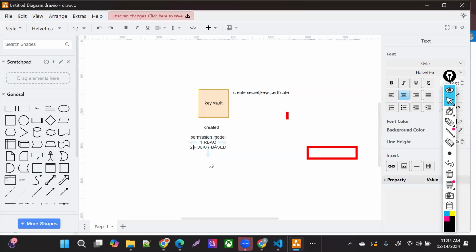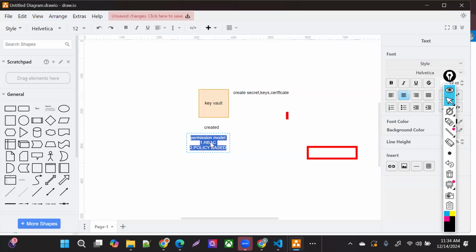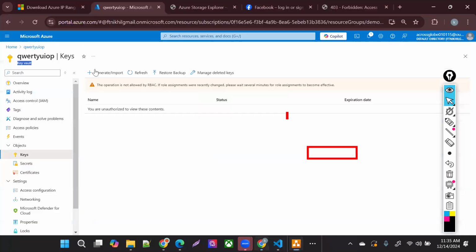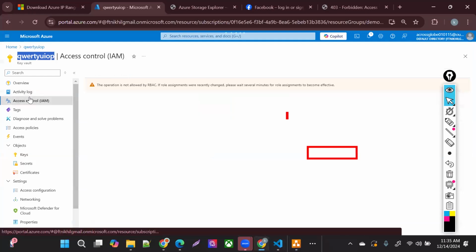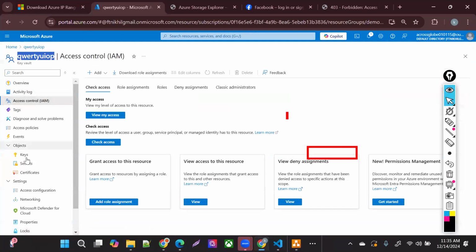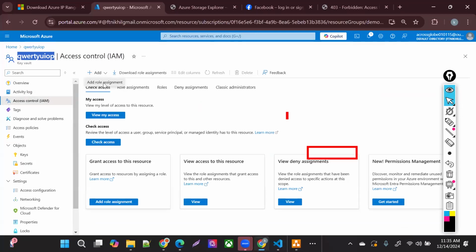If you take a step back, in our Entra ID classes we told you that for any resource you can create an RBAC role assignment. How? If you look at this key vault, access control, inside my access control, if I need to provide key vault access to myself, I need to add a role assignment.